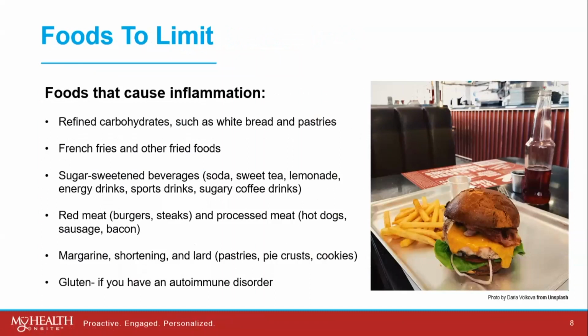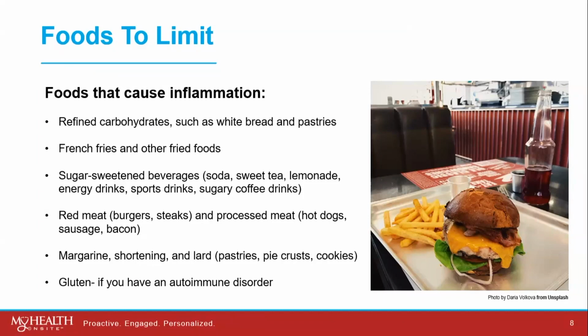So the foods to limit is what we're going to start with. The standard American diet, known by its acronym SAD, is high in refined carbohydrates and high in processed sugars, and as depicted here in the picture, your typical burger, fries, and sugary drink is very pro-inflammatory. We've researched these foods, we've researched how their impact on the body accumulates, and we know that refined carbohydrates, including